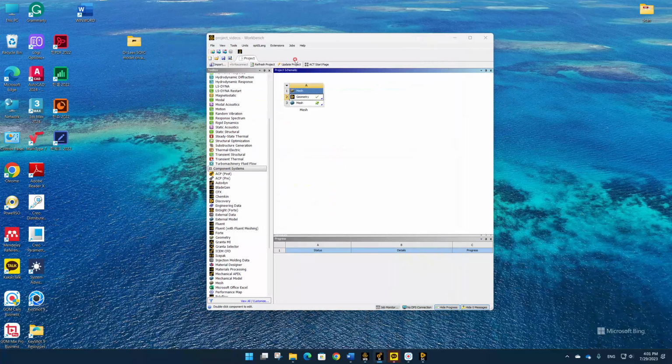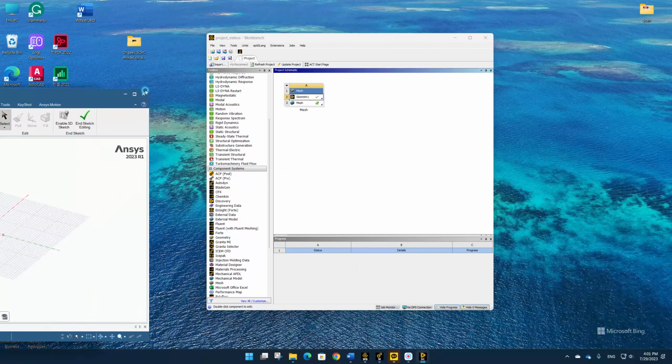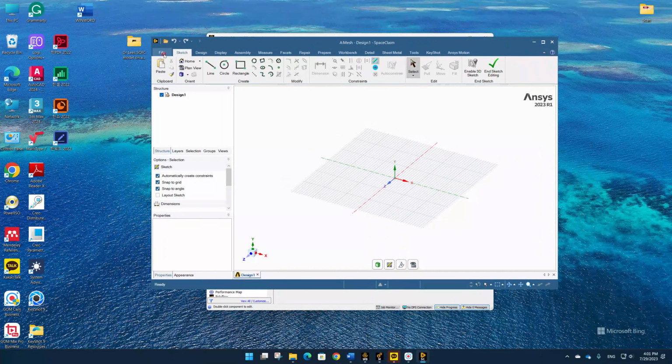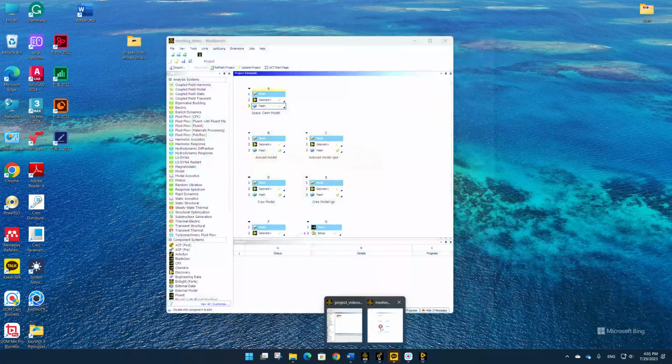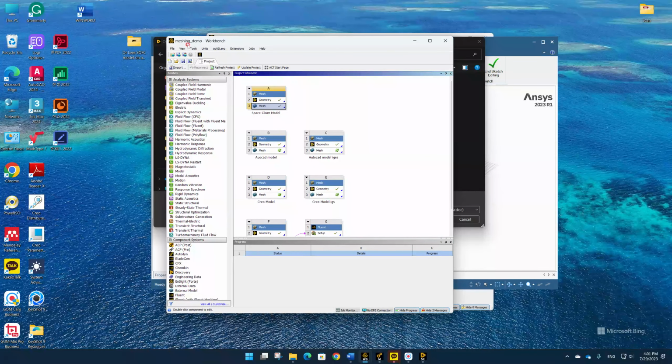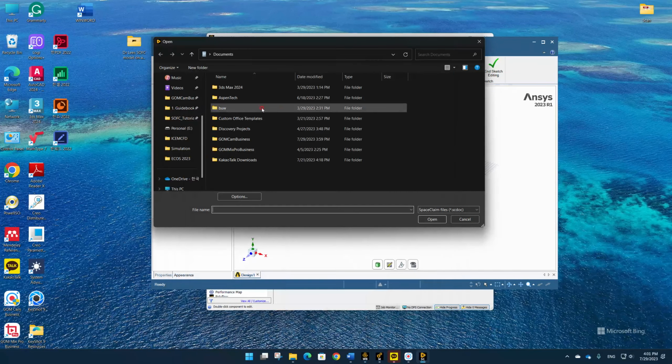I've already started an empty project, and using the SpaceClaim geometry, I need to import it. Even the SpaceClaim geometry is empty right now, so let's import the geometry so we can directly open it. From the previous Workbench project that we made, the mesh where we made all the geometries is meshing demo. So in that directory, we will go and